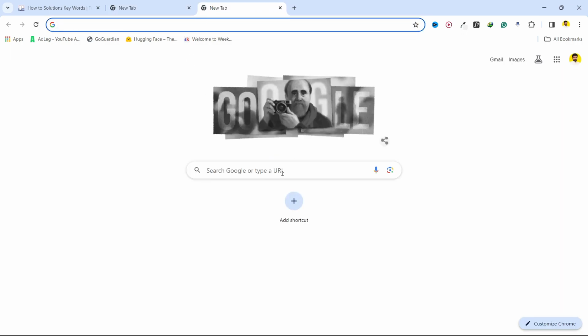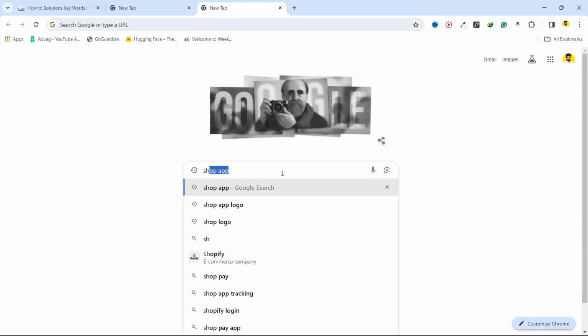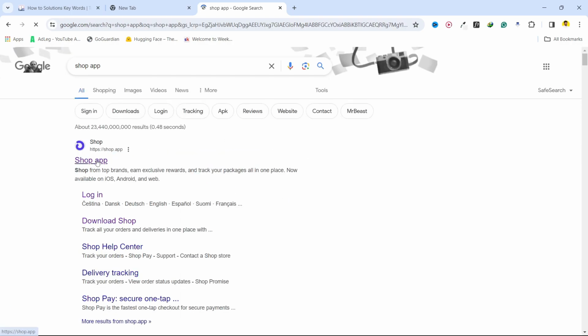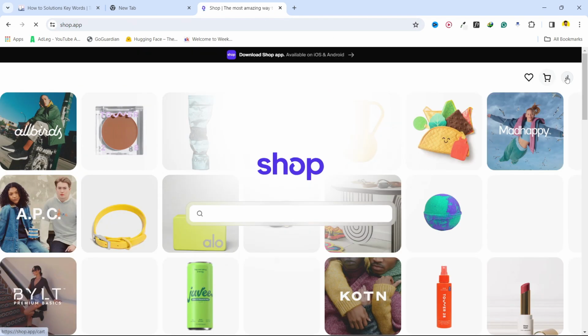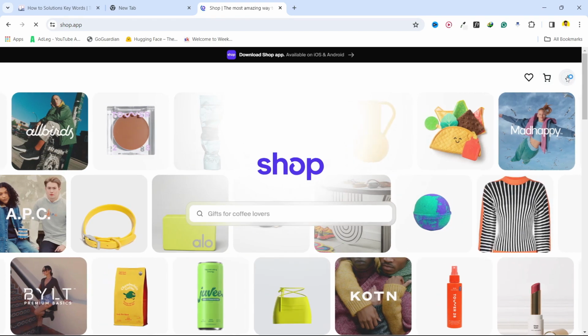So the first step you simply need to do is to open Shop app and log in into your account first. Once you log in into your Shop app account, you simply need to click on your profile picture on the top right. From here you need to click on settings,